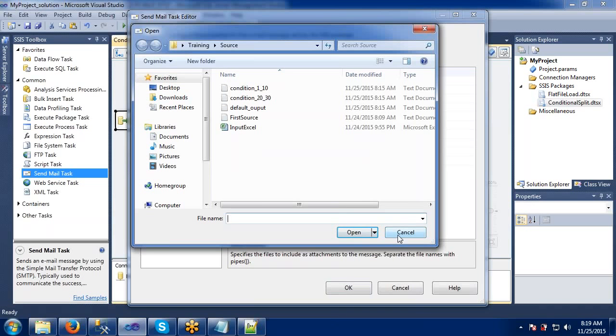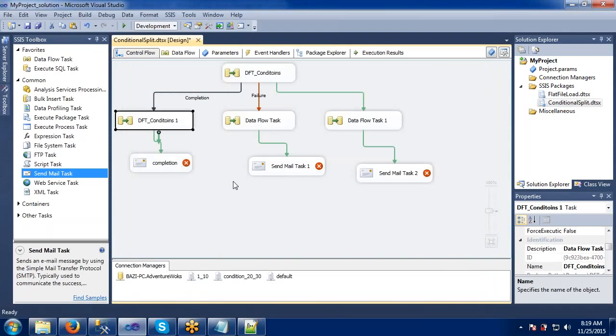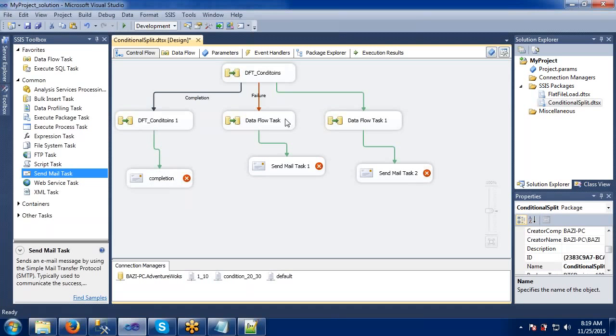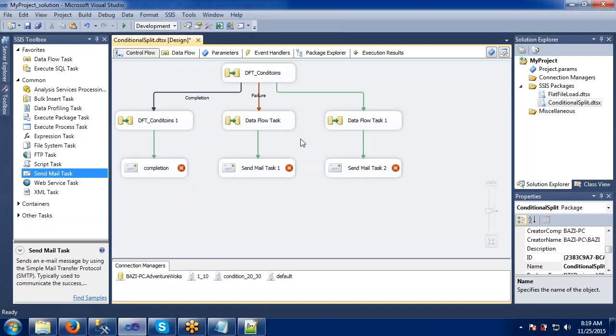Still, if you want to attach something, we can attach it here. Just click OK. Once this is successful, the mail will automatically be sent to the particular person. Like this the send mail task will be useful. Got it?